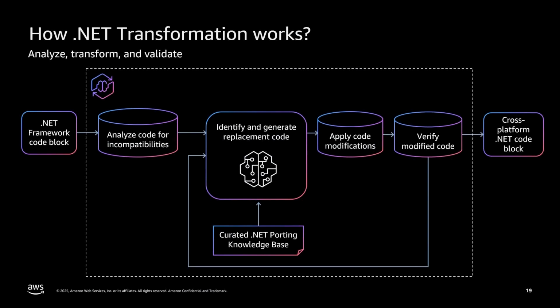As a developer, if you look at this, it will look very familiar to a typical developer refactoring loop. Meaning, as a developer, you will start with first analyzing your code, understanding that, hey, this is the .NET framework application I have. Where should I start from? And what are the parts of the code, the APIs or NuGet package dependencies should I tackle first? Then you will go ahead, make those code changes. You will maybe compile your application again, and maybe you'll run into some compile time exceptions. So you will go ahead and debug and resolve those issues.